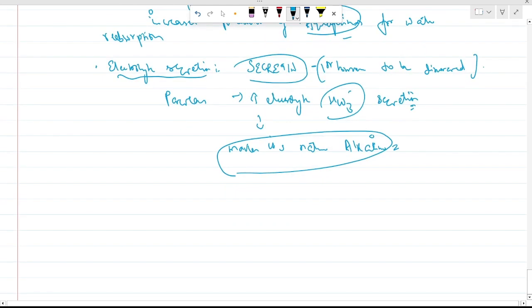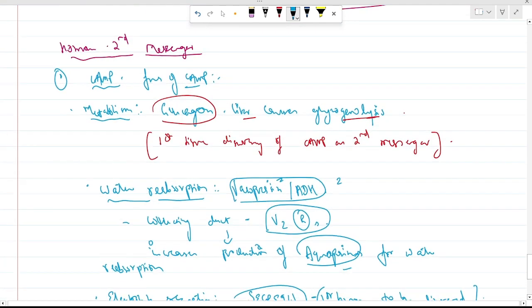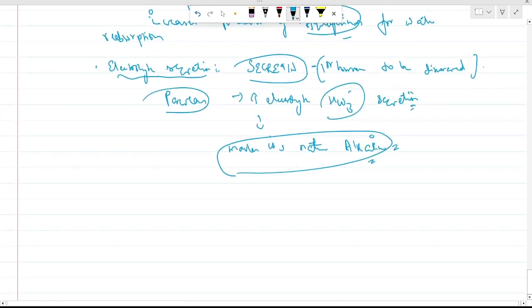For now, remember, this is to tackle the acidic nature of the chyme that is coming directly from the stomach into the intestine. So to tackle this acidic nature, this pancreatic secretion needs to be made alkaline. So these are the three types of functions of cAMP, how it acts. It acts through the glucagon in the liver, acts through antidiuretic hormone, the collecting duct of kidneys for water reabsorption, and in the pancreas to increase the bicarbonate secretion, pancreatic secretion through hormone secretin.